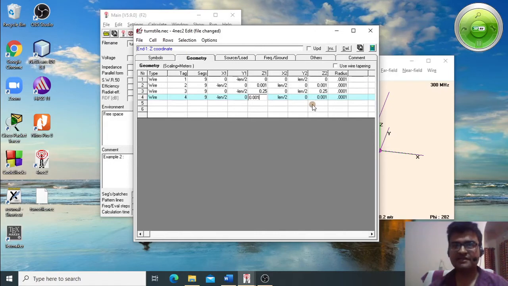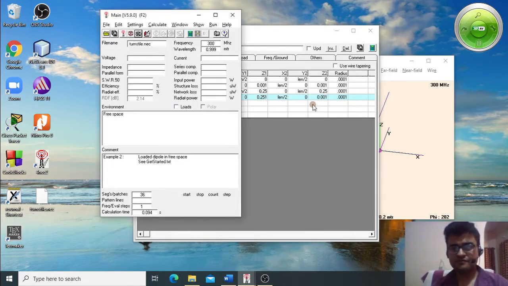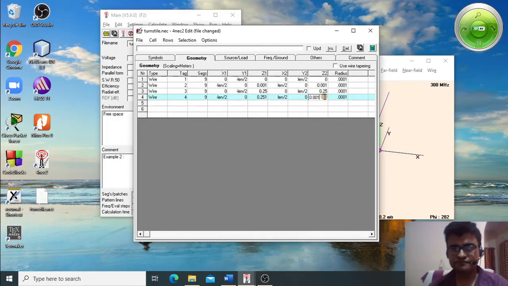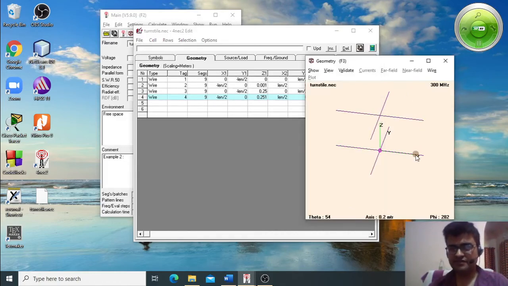As you can see, z-axis is already 0.001 and we ought to change it to 0.25. So what we are going to do is we'll add 0.25 to this existing number. So I'll put 25 here. So it is 0.001 plus 0.25. Again also here, 0.251. So let's save it and see whether we have done it or not.